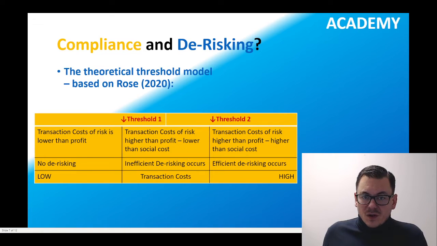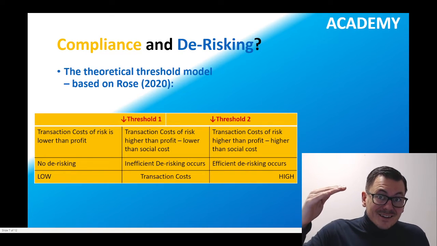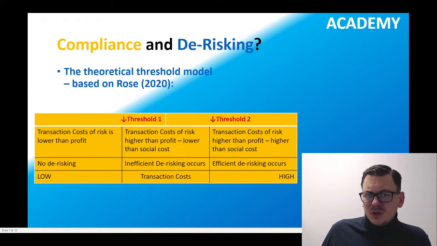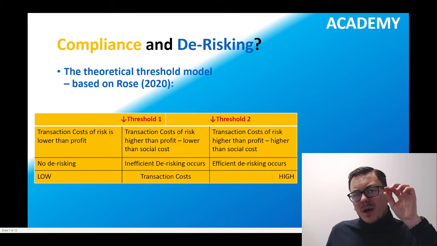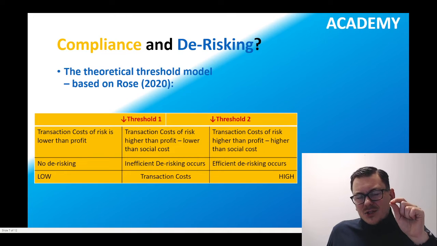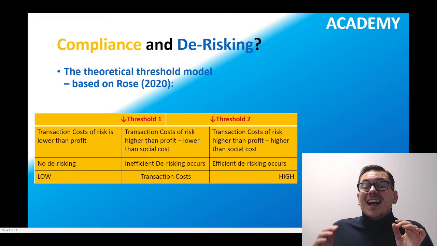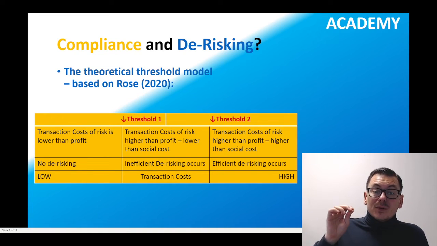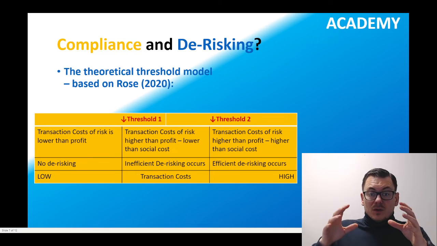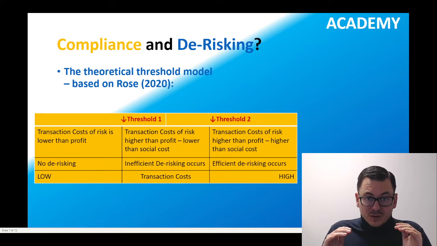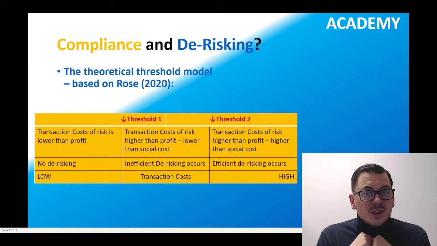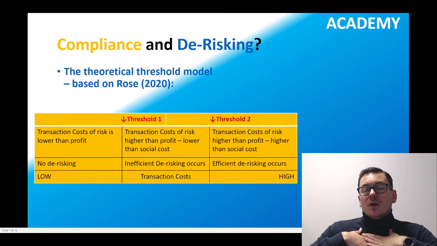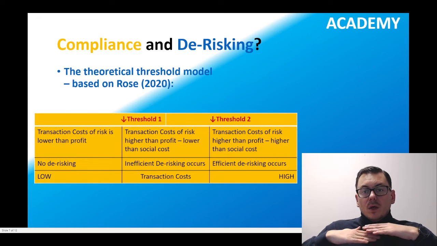If the transaction cost of risk is higher than your profit margin, then you want to de-risk. But here at threshold 1, there's an extra element: the cost is lower than the social cost. So your private cost is lower than the social cost. This is where inefficient de-risking occurs, because you might have a cost as a private entity, but the cost that